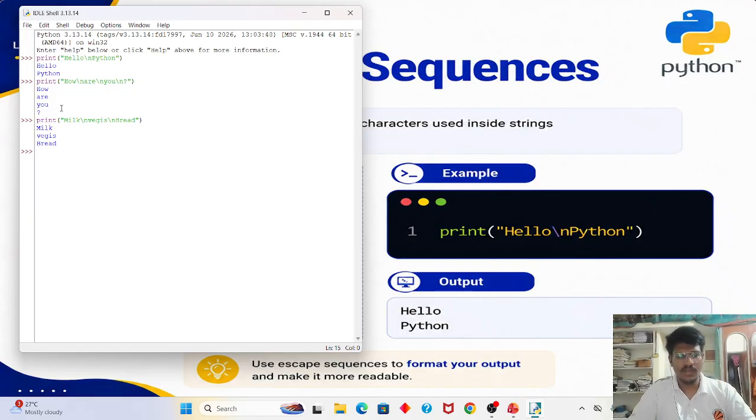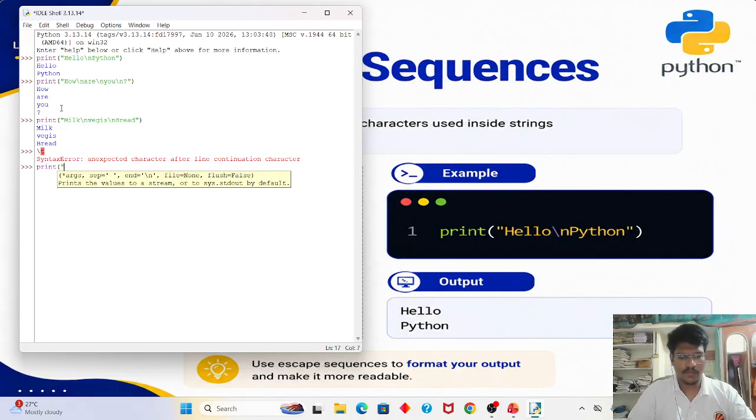For example, the backslash t is used for tab space. So if we type print name backslash t, and then write Manish,